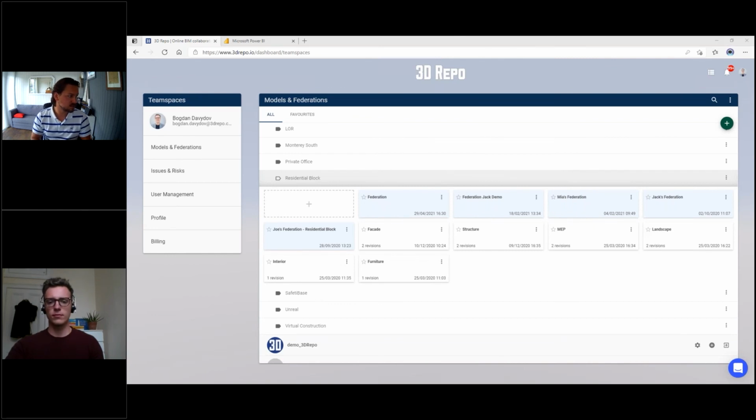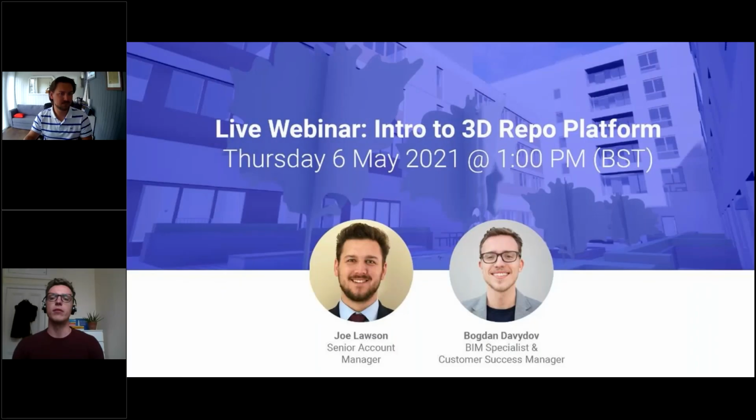Another one: is it possible to quantify each material using 3D Repo? Bogdan? Material, that's a lucrative question. I mean, material in the sense to quantify each element in the model, or material that is attributed to it. Any of the data that is in 3D Repo,